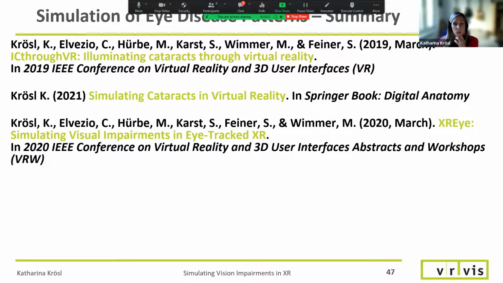And I also did a live demo at IEEE VR 2020, where we presented our demo XRI. The conference had suddenly switched to virtual, like 2 or 3 weeks before. So I planned to do my demo in person, but then I had to do it remotely from home, showing interactive adjustments of symptoms for different eye diseases. And this was quite a challenge and a complicated setup,